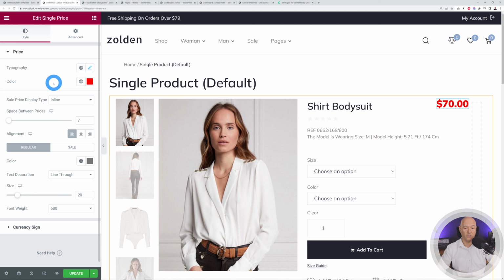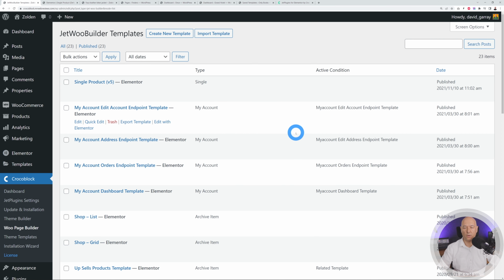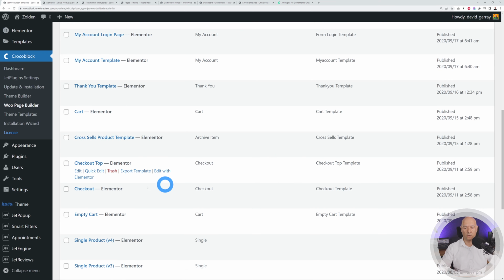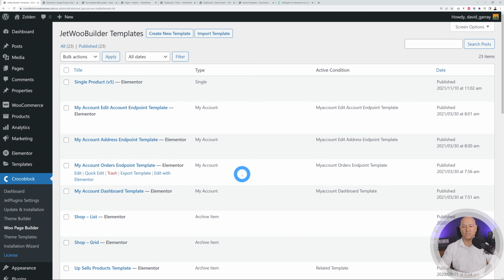So again, this is fully customizable start to finish. And then you can do the same with all your pages. So it could be your single product page, it could be your shop page, it could be your cart, it could be your checkout page. And once you have all these pages created and customized, then you can assign them all together to your WooCommerce